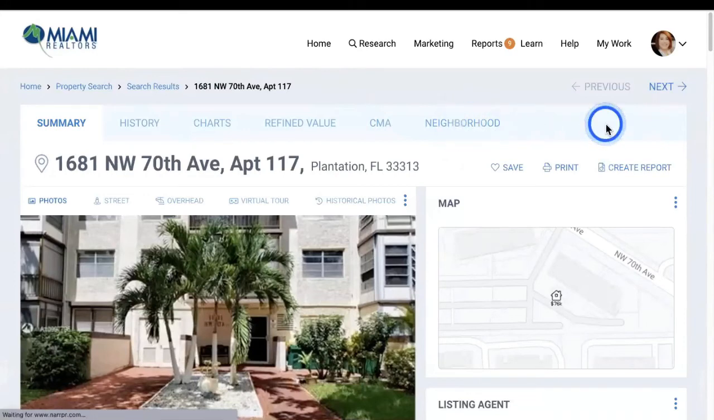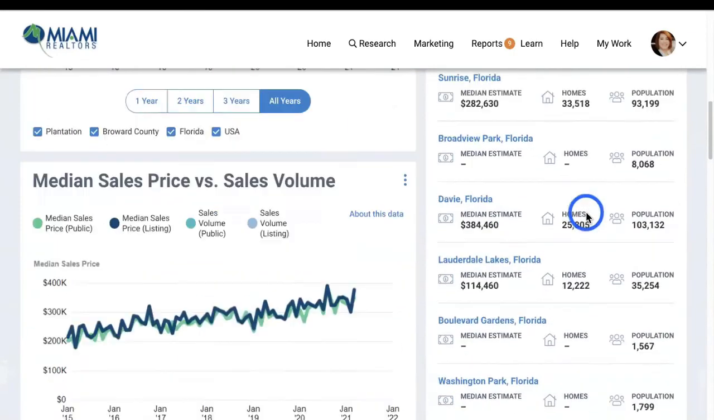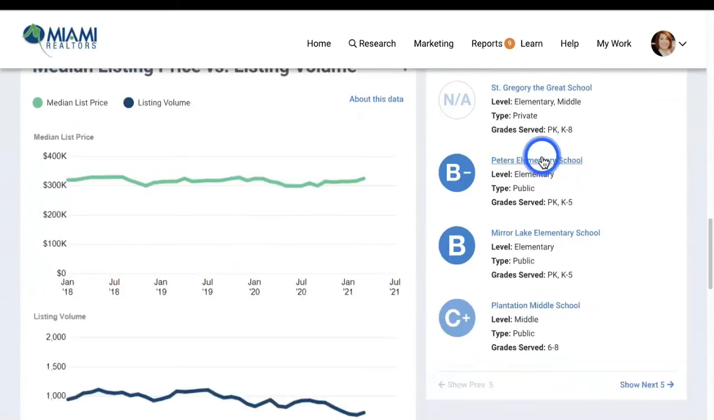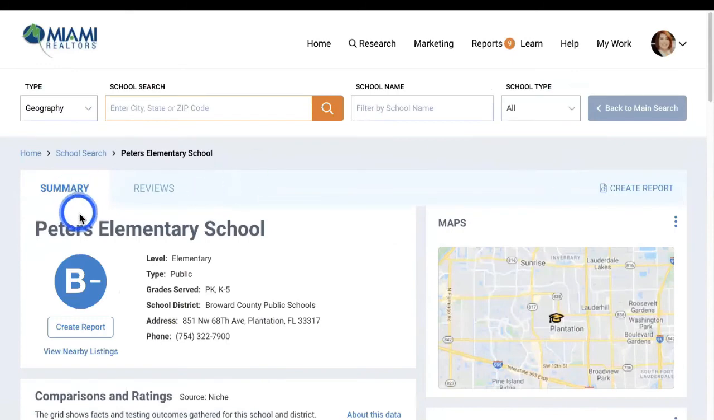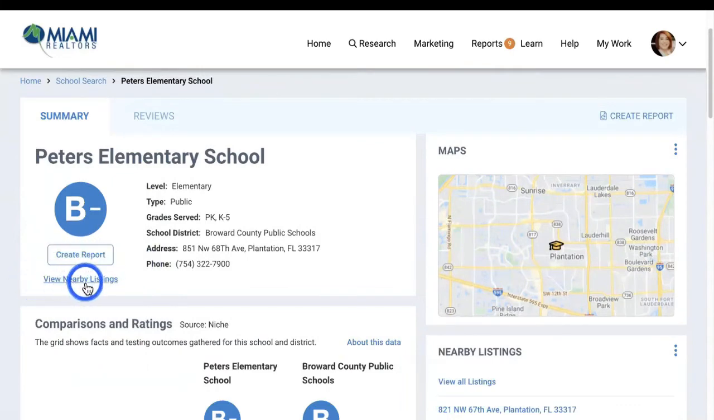You have a couple of different ways to get the school information. This is just one of them. I'm waiting for the neighborhood to load. There we go. And on the right-hand side, I see the schools. Okay, so I'm going to click on one of the elementary schools. And here I see the summary, I see the reviews, I can create the report, I can see the nearby